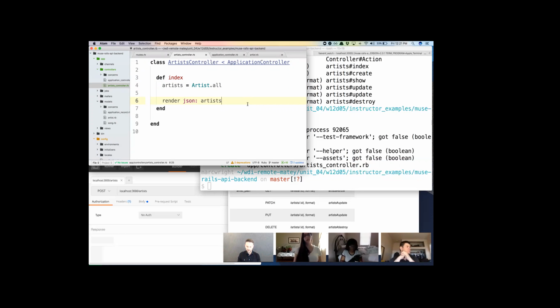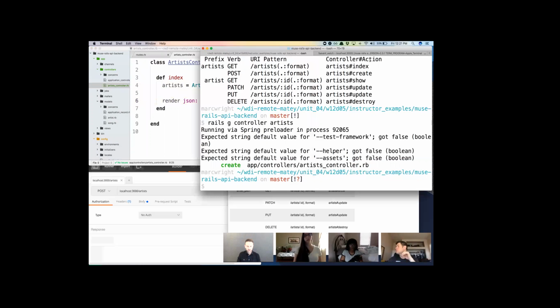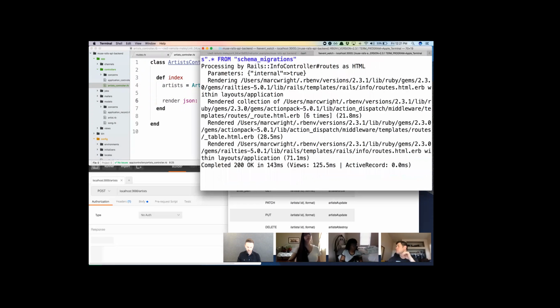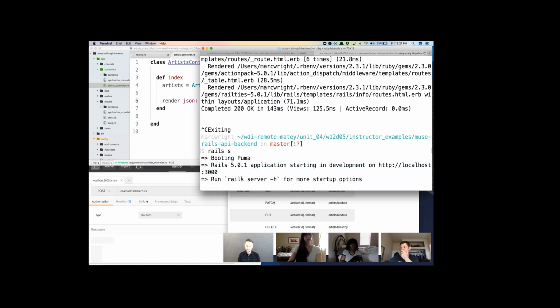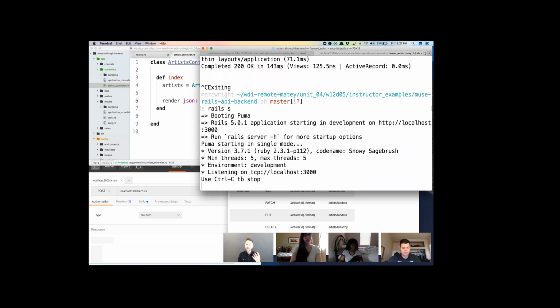So go ahead and save that file, and then restart your server just to be safe. So I did a Control-C and then started up my Rails S again. And now let's go into Postman and let's confirm that that route is working. So if you want to go ahead and open up Postman,